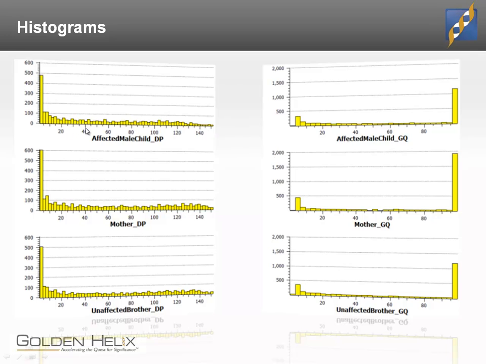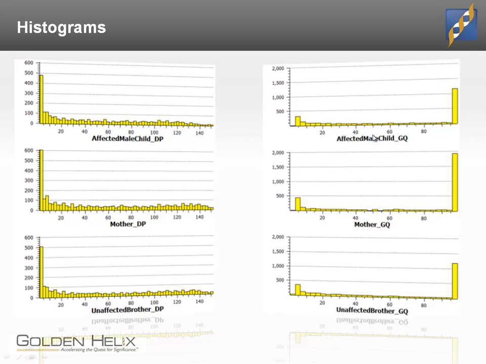A lot of variants are covered by 40, 60, 80, up to 140 reads. These are going to be extremely high quality. There's very little chance for systematic error by not having enough evidence. Similarly, there are variants here that are covered by fewer than 5 reads. Variant callers generally like to give you everything and let you choose what you want to keep. And that's what this step is about. We don't want to keep variants around in our analysis that only have a couple of reads supporting them. They're going to be too likely to be false positives and just simply not appropriate for this type of